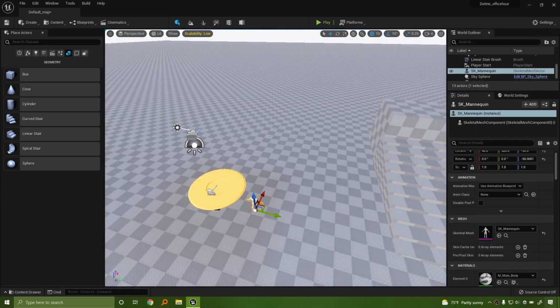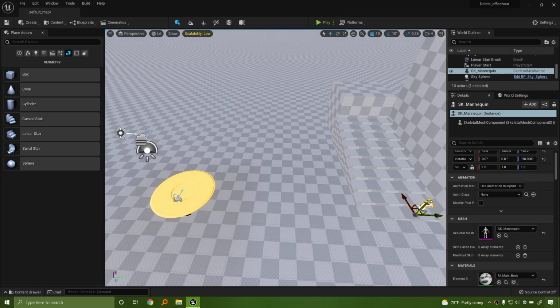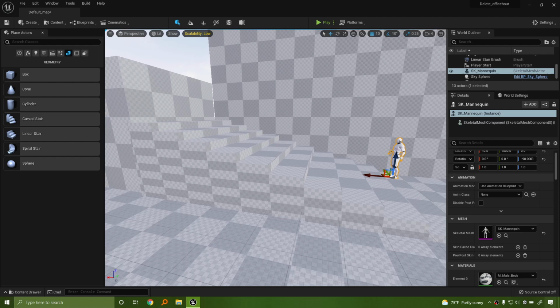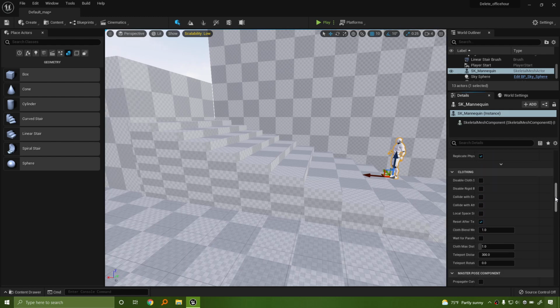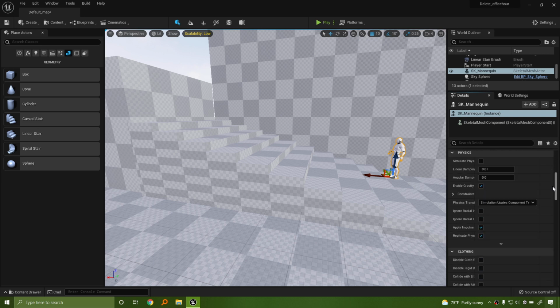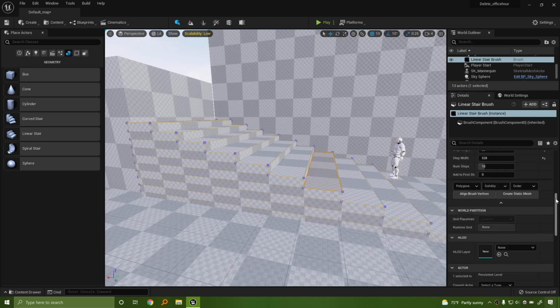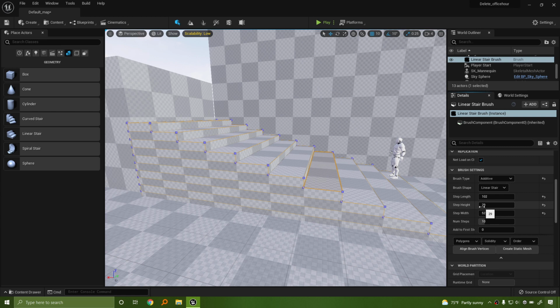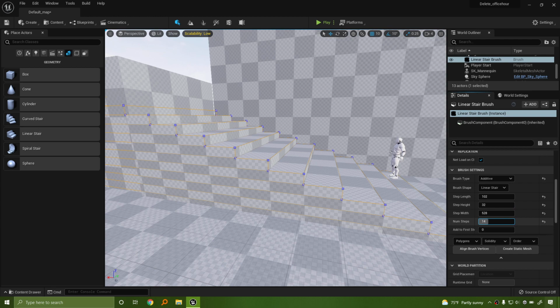This is where it becomes really important to have a little reference guy so you can see what's going on. You can see those stairs are very, very big for him. We can manipulate the stairs to get something a little bit more like what we want. So let's increase the number of steps here.